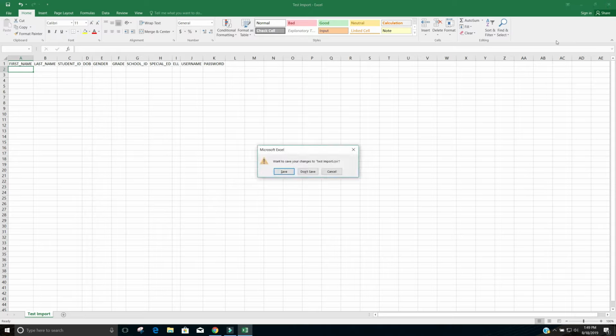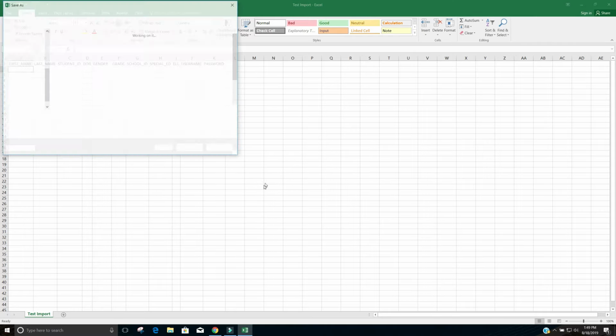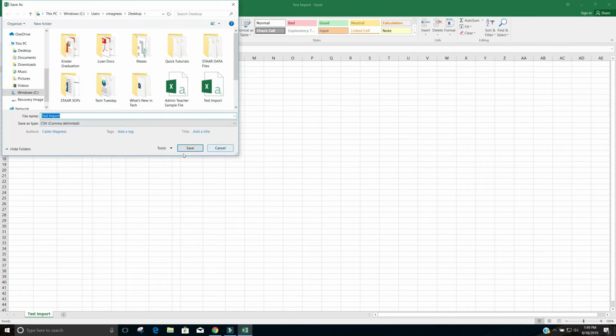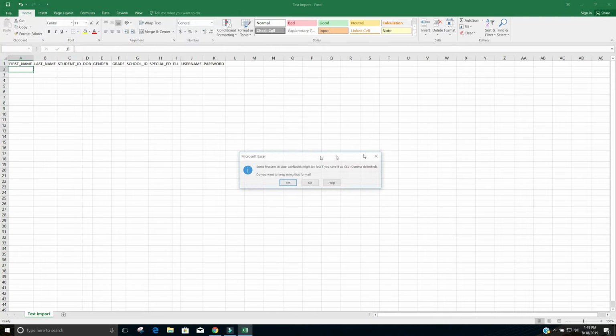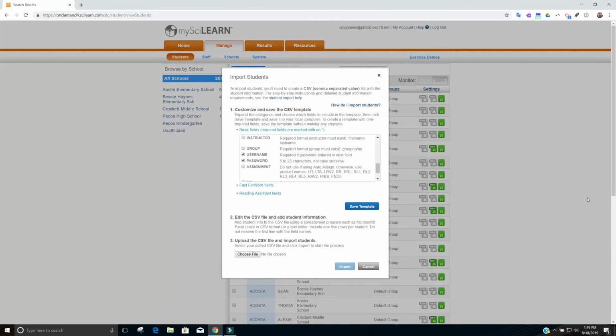When you exit out, it's going to ask if you want to save it. You're going to hit save. You're going to go back, find the test import, click save. It'll ask you if you want to replace it. You want to say yes. It'll again say some features may be lost. You're fine. Say yes. And then from now, you go back to the internet, back to the fast forward page,